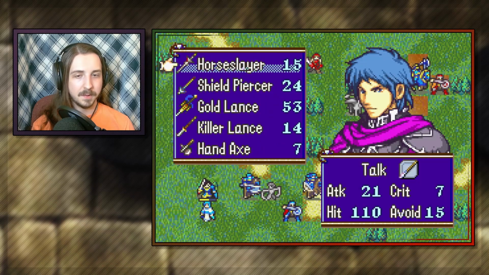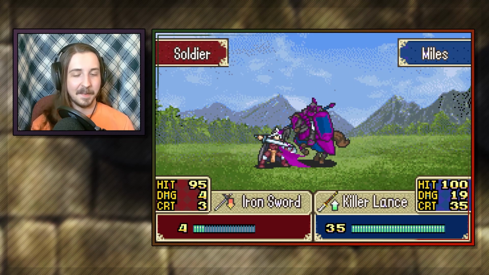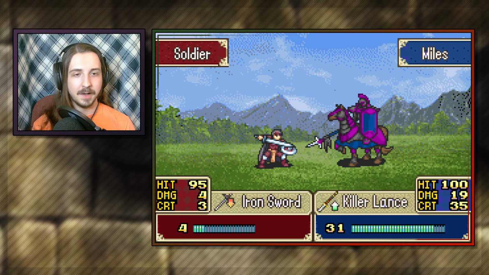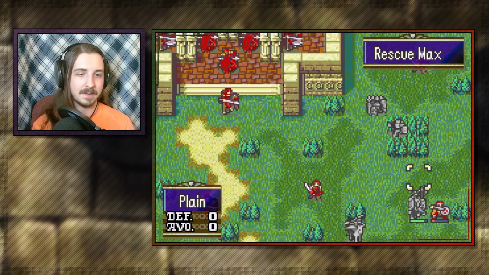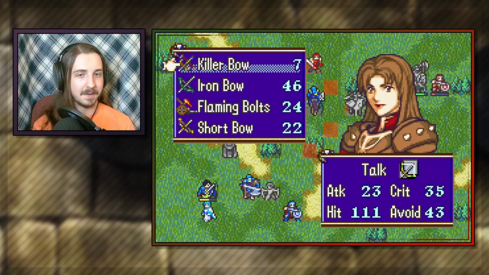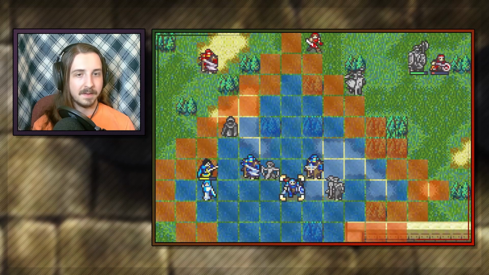Okay, do we have any way to one-shot this one? Probably not, unless we crit. We could always crit. Come on, Miles. Okay. If not, the enemy phase will take care of this guy, regardless of which enemy or which player unit he decides to attack, even if it's Garth. So then Sagitta can help us out with this one, as well as potentially...